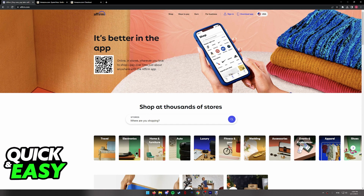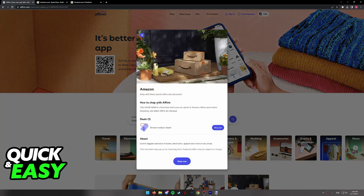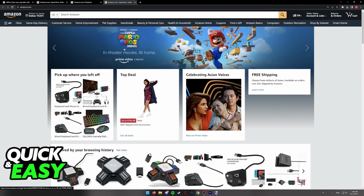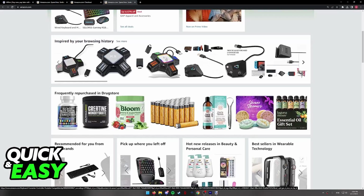So, all you have to do is to either open up the app or go to the website, and using the search bar at the top of the screen, as you can see over here, look for Amazon. It should be immediately verified, as you can see, and all you have to do is select Amazon and then click Shop Now. You will be redirected to the Amazon website. It's very important that you are redirected to Amazon.com through Affirm. Doing it that way will make it so you will have the Affirm payment method when you go to the